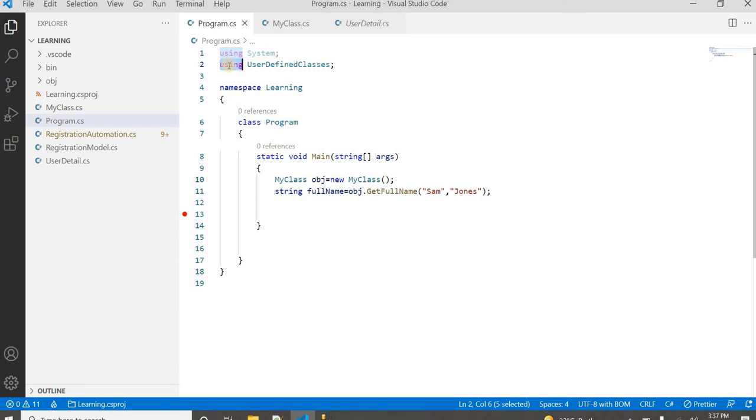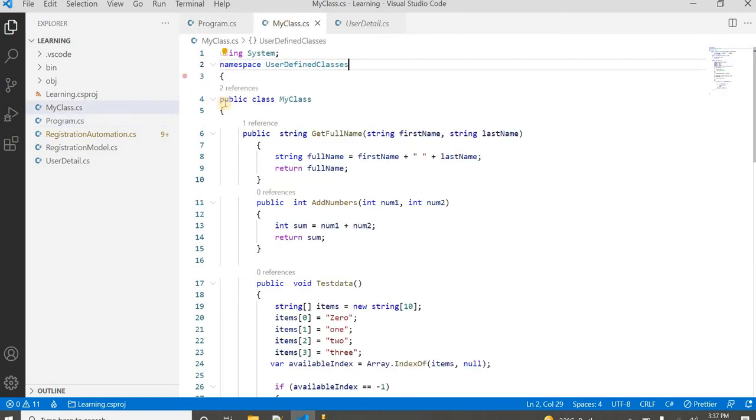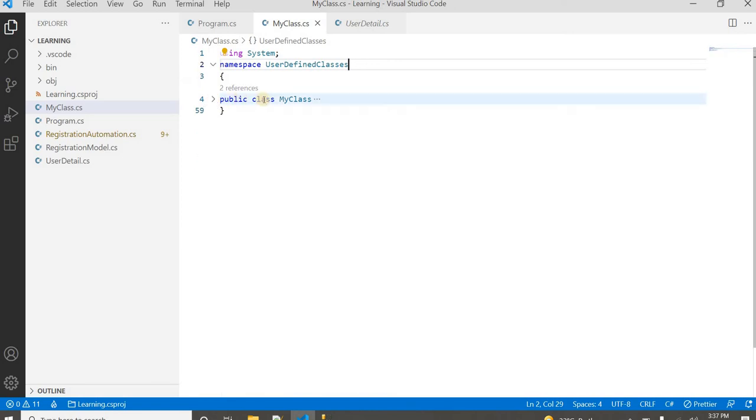Similarly in .NET we use the using keyword. Now using UserDefinedClasses, I can use all the classes which are in this particular namespace, like MyClass. And what is namespace? Namespace is actually a collection of classes. Like I have added one class here, even I can add more classes inside the same namespace.